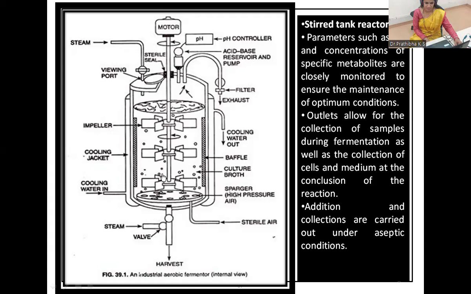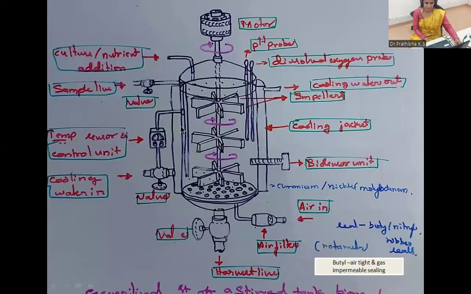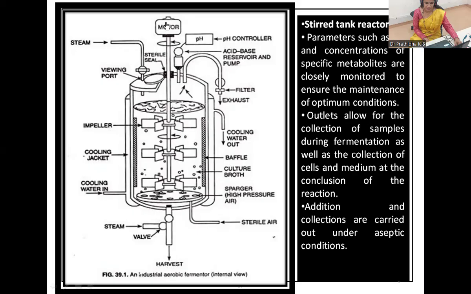So we say this is a stirred tank fermenter, also a typical fermenter. Why do we say this is a stirred tank? Because there is an impeller for the mixing of the media and the microorganisms in a uniform condition. For that reason, they call this a stirred tank, for the stirring purpose. That's why they call this the stirred tank fermenter. So what you can see, these impellers in the stirred tank fermenter are run by this particular